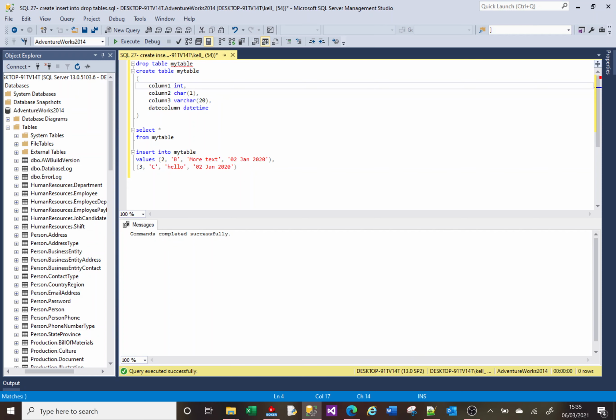This first column, this integer column, this number column, I actually want it to iterate one at a time as I insert data into my table. I don't want to be responsible for putting 1, 2, and 3 in here. I want SQL to do that for me. So you can do that by having something called an identity, and then in brackets 1, 1, and the first one is the number to begin at, and the second one is the iteration each time a new line is created. So what I'm saying there is start at number 1, and when I insert a new line, add 1